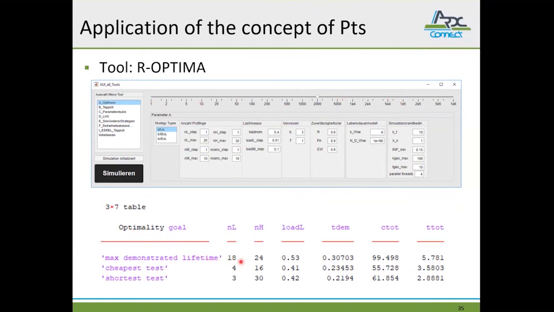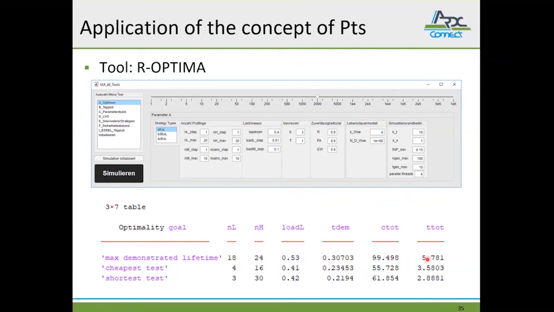And here we see that we need 18 specimens on the lower load level, 24 specimens on the higher load level. Here's the load level height, and this is the demonstrated lifetime, which is standardized by the characteristic lifetime. So we can demonstrate this lifetime by this test configuration, and this will be our final cost and our total